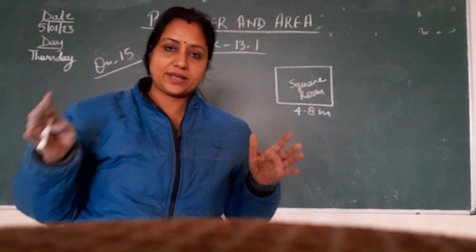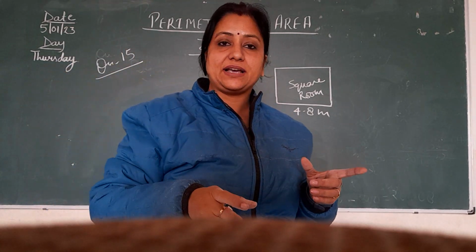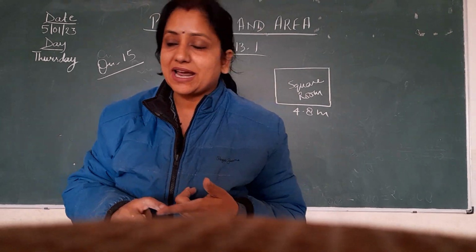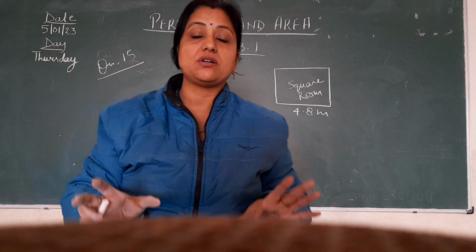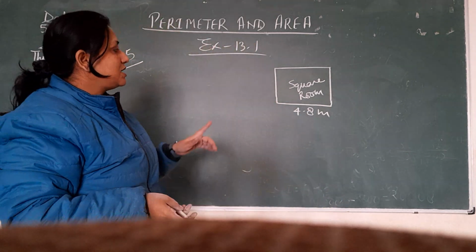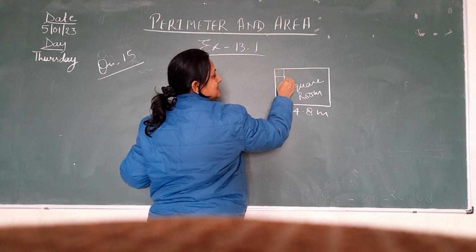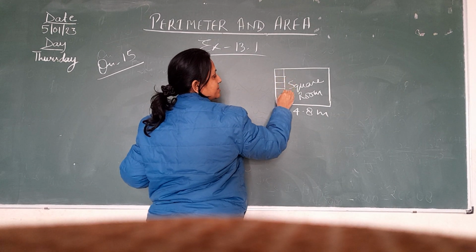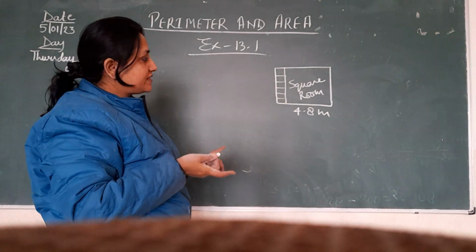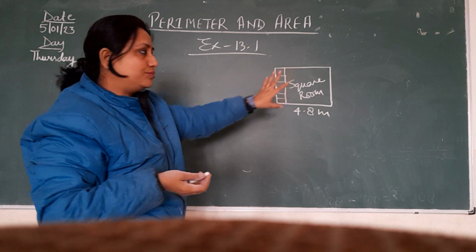मतलब एक फ्लोर रूम है जो कि स्क्वायर शेप का है एंड उसमें जो टाइल्स लगाए जा रहे हैं, दिस वन इज ऑल्सो इन द शेप ऑफ स्क्वायर. But this time, the area of the tile is not given. The perimeter of the tile is given. So first of all, suppose आपने यहाँ पर क्या लगाने हैं, टाइल्स लगाने हैं. टाइल्स भी किस शेप के हैं? स्क्वायर शेप. Okay. And whose perimeter is given? So first of all, we will find the area of this square room.